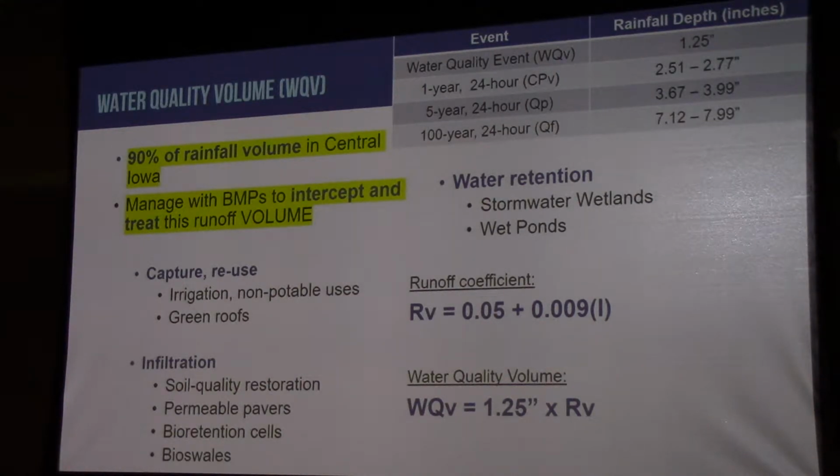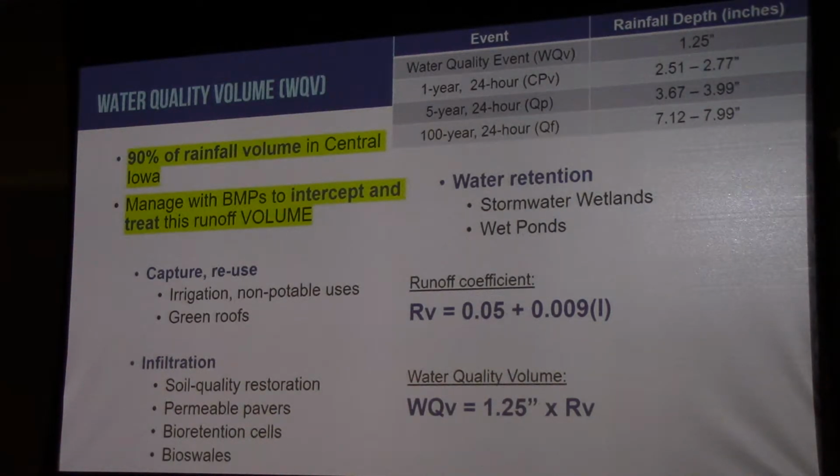So there have been some communities, just to lay out the alternatives that are out there, that have been concerned that all they're going to get is that type of practice, or that they aren't going to get enough benefit from allowing those ponds and wetlands to be used. So some communities have said it has to be treated with an infiltration practice. Coralville is an example of that, where they wrote that into their standards. So you have to use things like permeable pavers or bioretention cells or bioswales to meet the standard. They won't let you use a wet pond, for example. But the manual gives you that flexibility. So if you didn't want to allow that, it'd have to be something you institute on either a community level or a regional level, to say, no, we're not going to allow that.